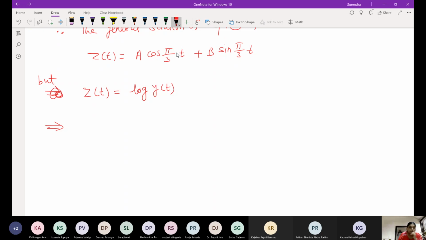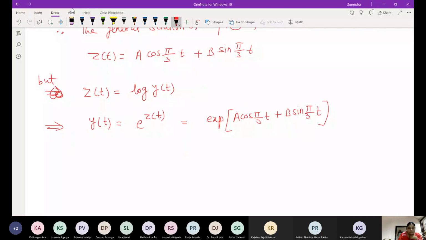This implies y of t is nothing but e raised to z of t, right? Yes. So which is nothing but e raised to, or exponential of, a cos pi by 3 t plus b sine pi by 3 t,